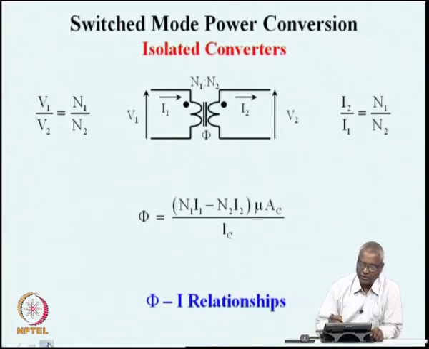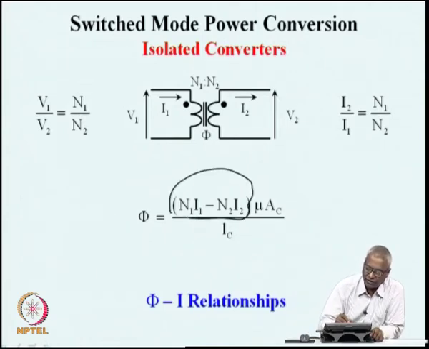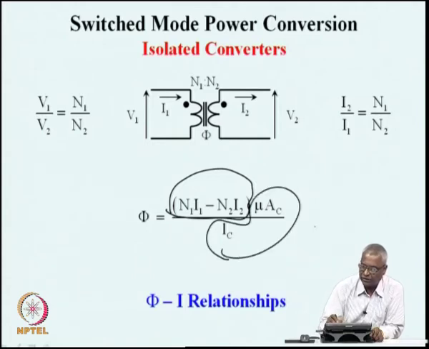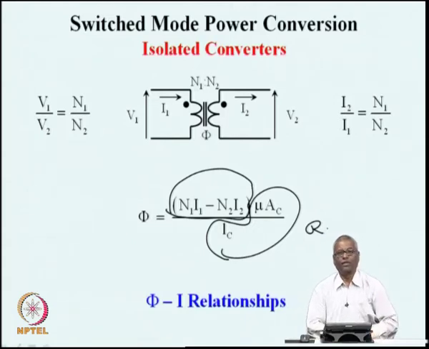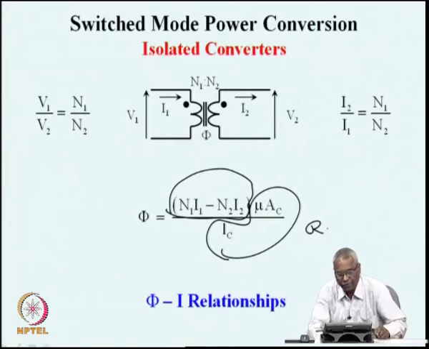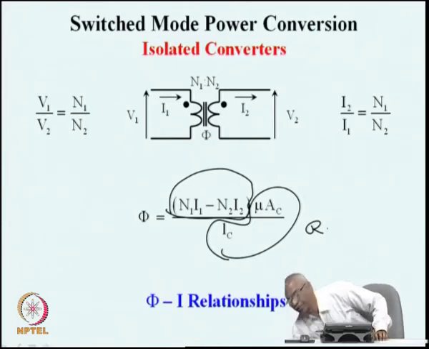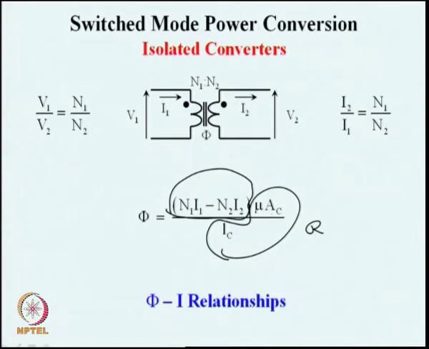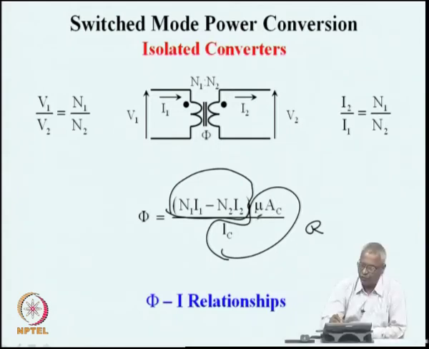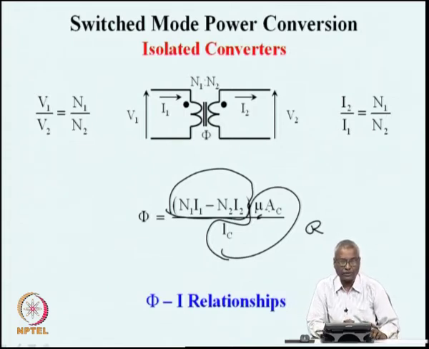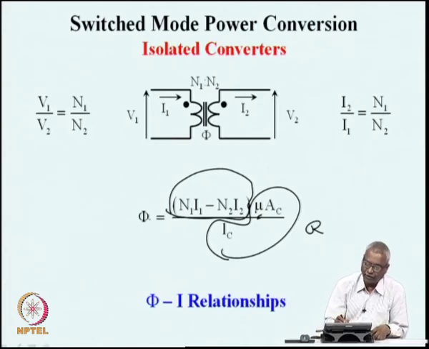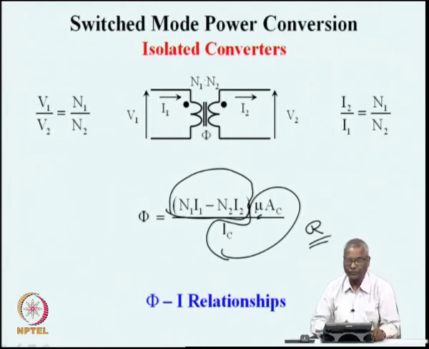Now, the flux is decided by whatever is the ampere turns divided by what is known as the reluctance of the machine. So, this quantity which is in the denominator, the magnetic core length L divided by the magnetic area A, and then the magnetic permeability mu, L divided by A mu. We have seen this as the reluctance of the magnetic circuit R, and the net flux in the core is related to the magnetizing ampere turns divided by the reluctance of the circuit.